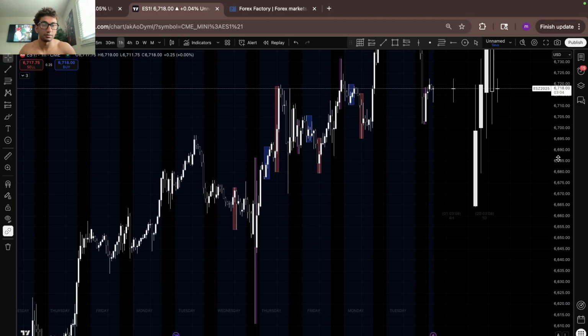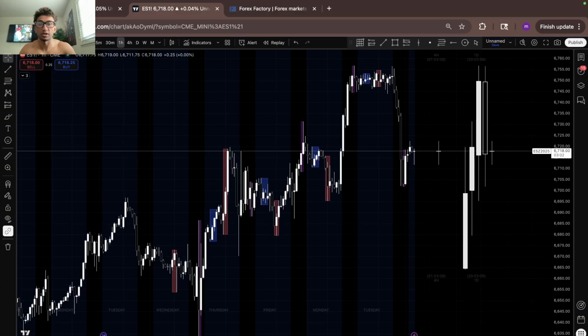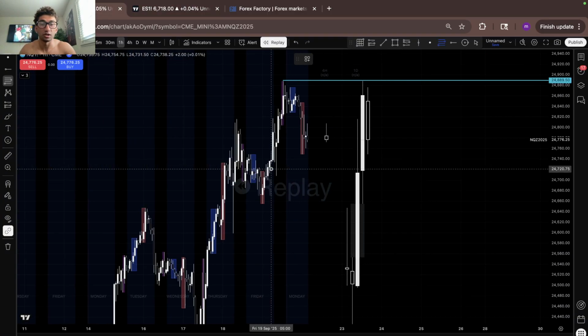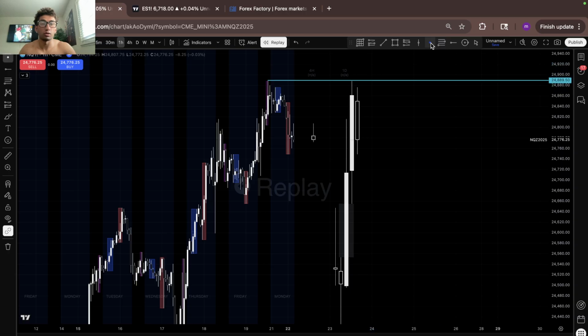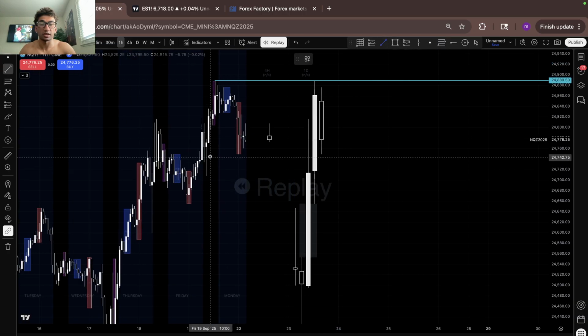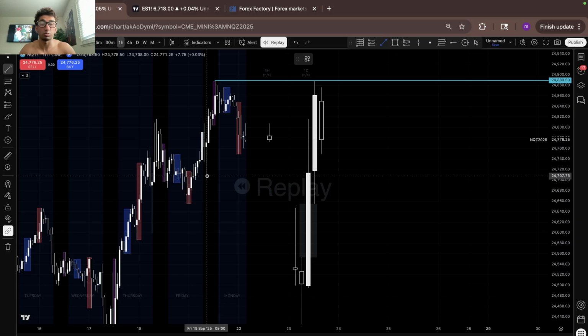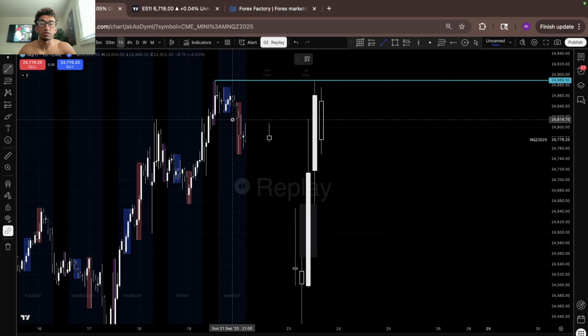Why is this not going down? There we go. Okay, we're just going to have ES open because there's a lot of SMTs. So here we look for first a 1 hour liquidity sweep, right? What you might think is this would have been our liquidity sweep, which is honestly what I was looking for. I had limit orders set at this low right here, but if you don't see any, you have to really